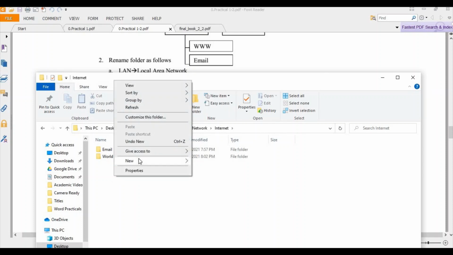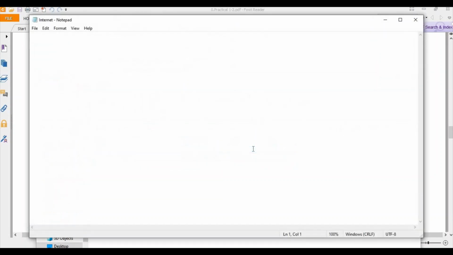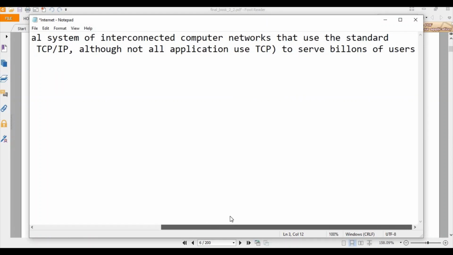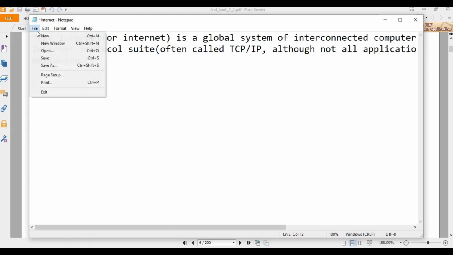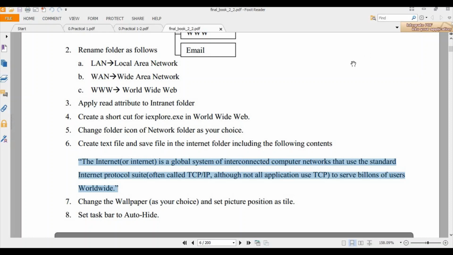Okay, text file, the particular text file will give the name internet. They didn't mention anything about a name, but better you give internet. So then the given content, you want to type it inside this text file. Okay, this way you want to type the given content, then file, save, then close.